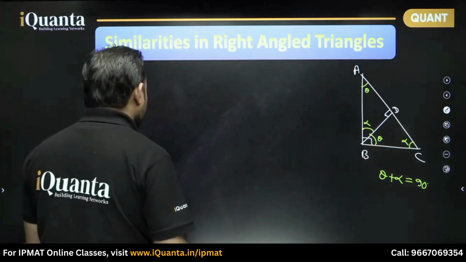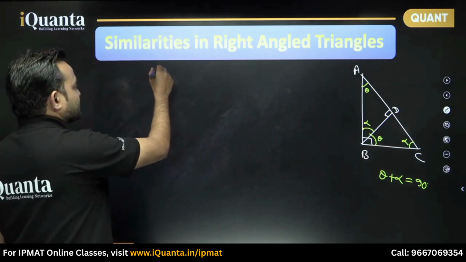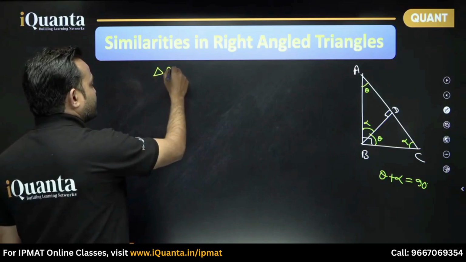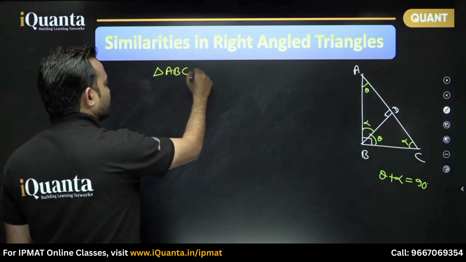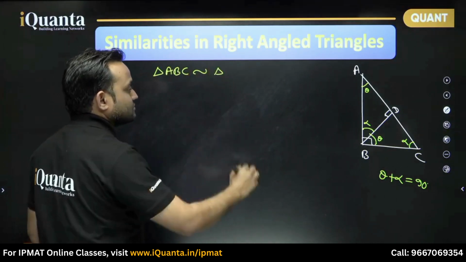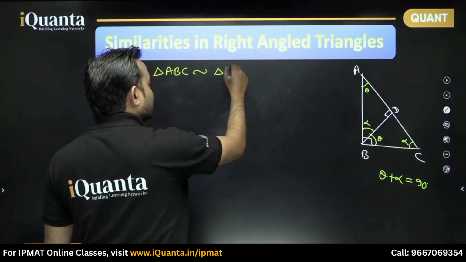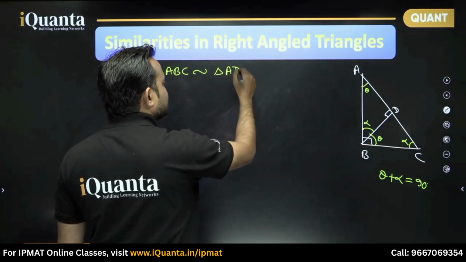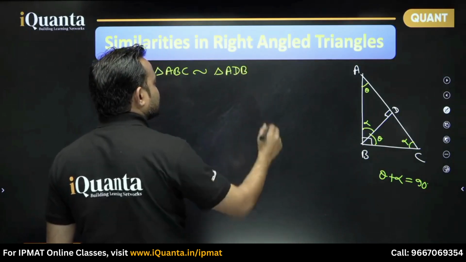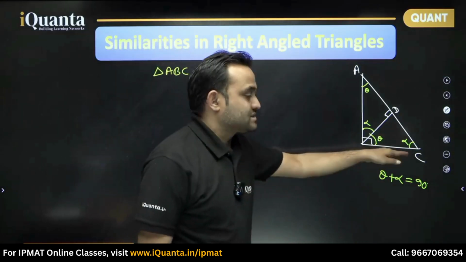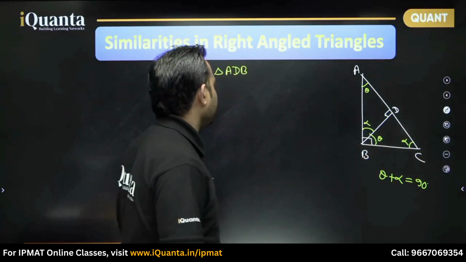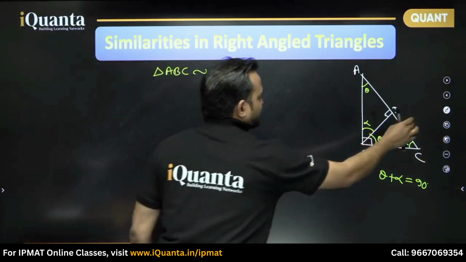Now, can we say triangle ABC will be similar to triangle... So ABC will be similar to triangle A, D is 90 degrees and then B. We can say triangle ABC is similar to triangle ADB. So the relation that we get here is